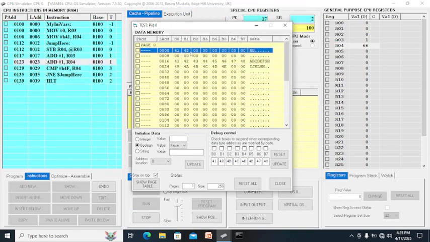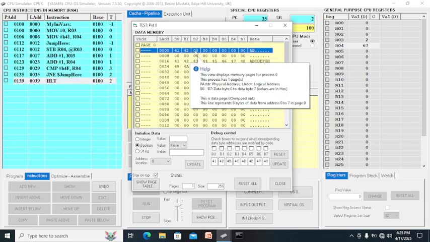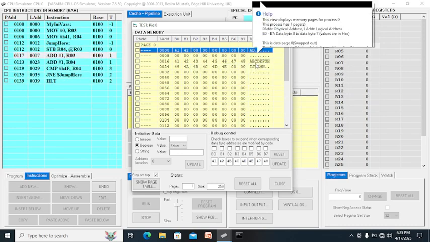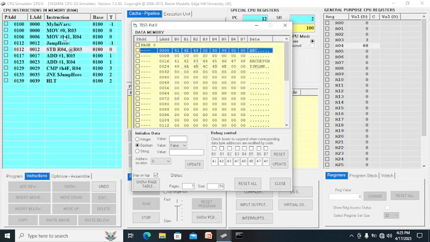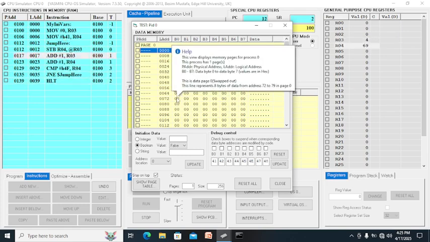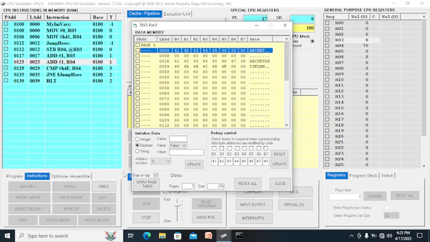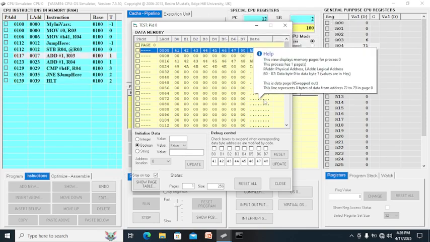See? 42, 43. So I want to start at 72. You change this one to 72 here. So you just play with it. Okay, play with your code. That's how you play the code.